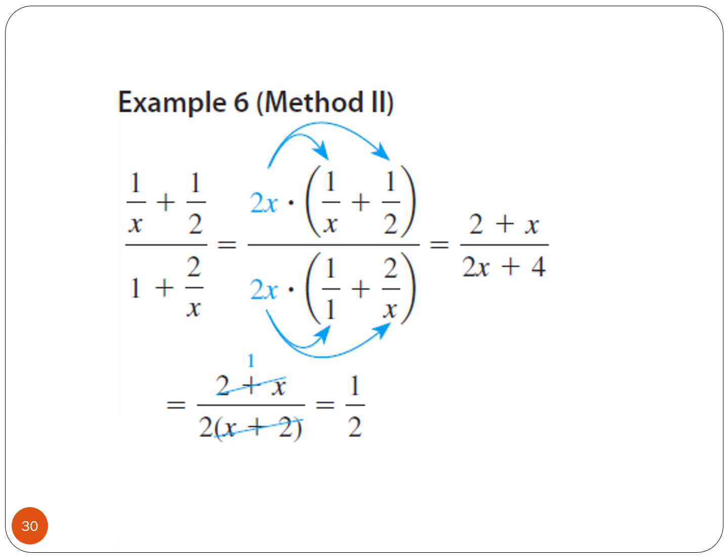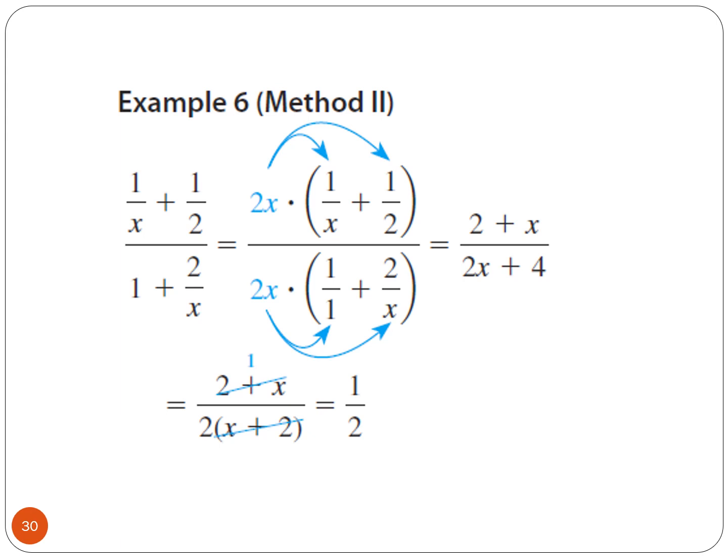But this is the same example. This time we will not take the numerator and denominator separately. This time we will look at a common multiple; here the least common multiple for 1 over x plus 1 over 2 is 2x. So if I multiply the top and bottom by 2x,